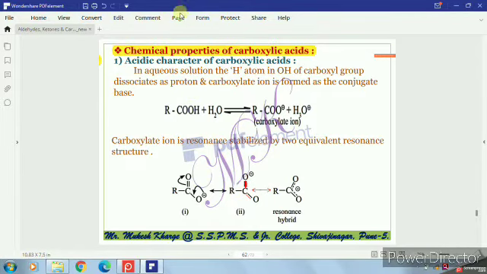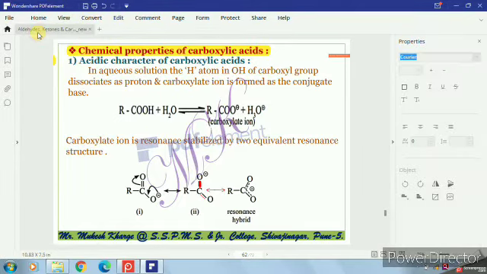Okay, so the negative charge is transferred from one oxygen to another oxygen. Initially, this oxygen carries a double bond with this carbon, and this oxygen carries the negative charge. When this negative charge is transferred in between this carbon and oxygen, a double bond is placed between them, and the carbon-oxygen double bond gets shifted to this oxygen, so this oxygen carries the negative charge. So there is only a shifting of negative charge from one oxygen atom to another,